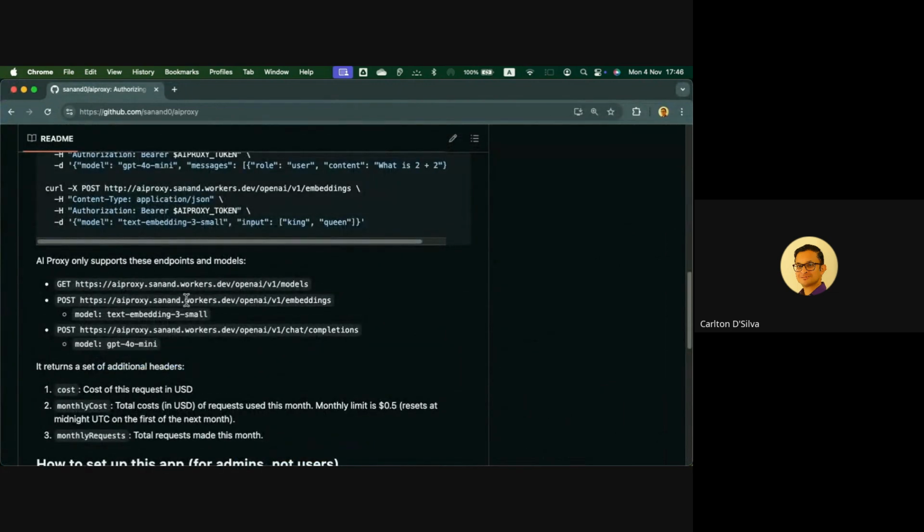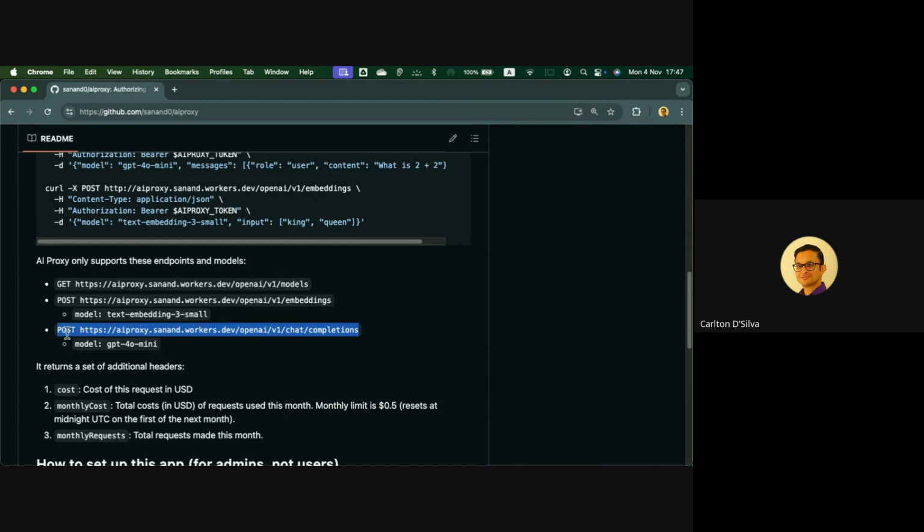If you look on here, these are the endpoints you will be using. Remember, the first one we used was a GET request, and this was the endpoint for a GET request. But the other two that you will typically use are embeddings and completions. And these are the URLs you'll be using.